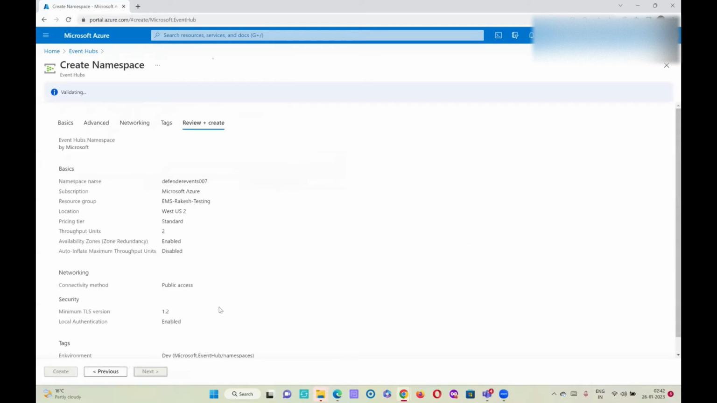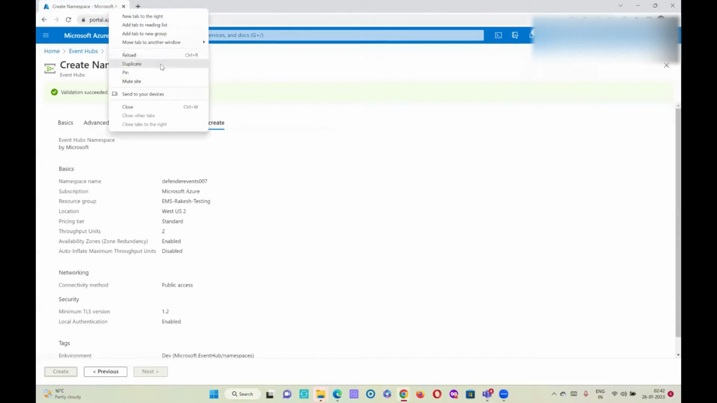It will now review plus create. It will validate all the settings we have done so far to create this namespace, whether it is good or not. If there's any problem, it will show us and ask us to correct it before we can proceed further. In our case, validation succeeded, so just click create. And while it is creating this namespace,